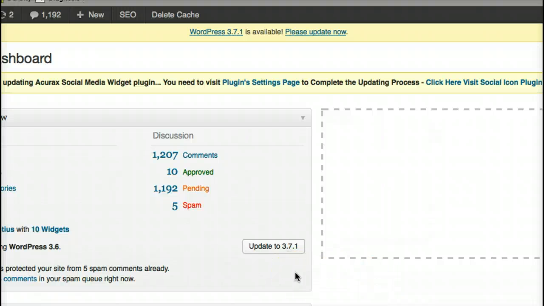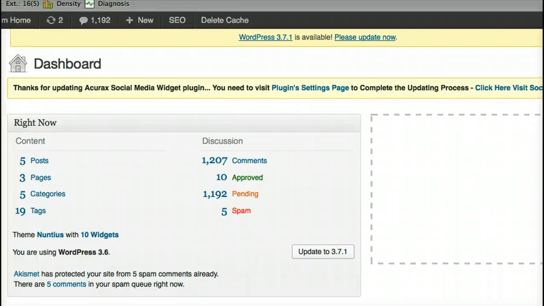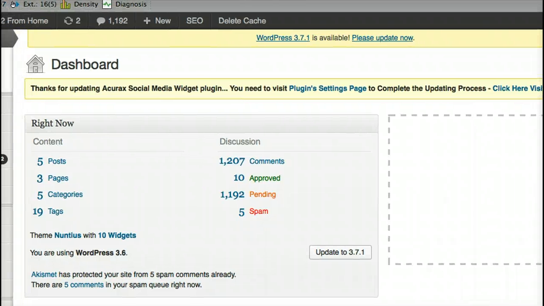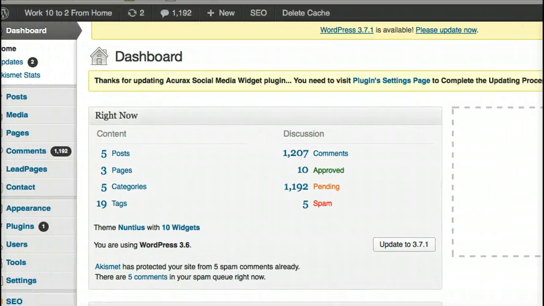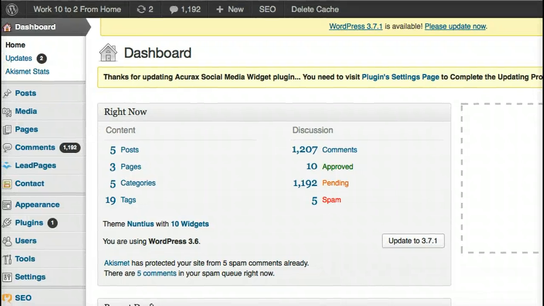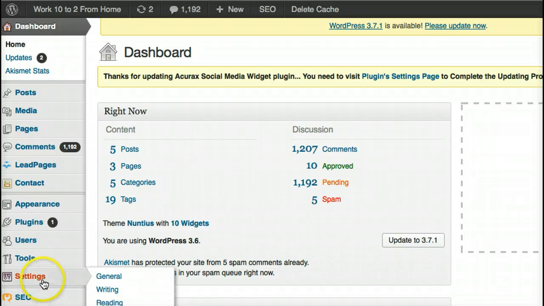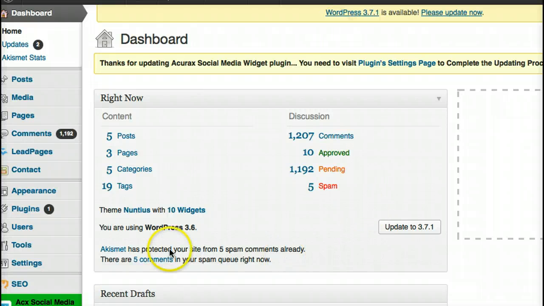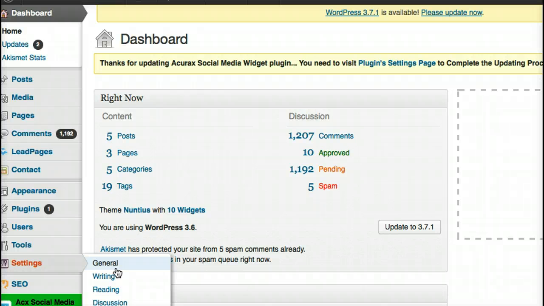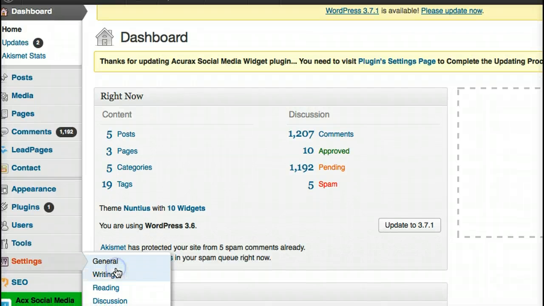What I'm going to show you now is a few of the things that we can change. What I like to do is start from the bottom. See if I can move that into the picture. Start from the bottom here, and you have settings. You'll see a pull-down list. Okay, and I'm going to start at the top. And so in General,